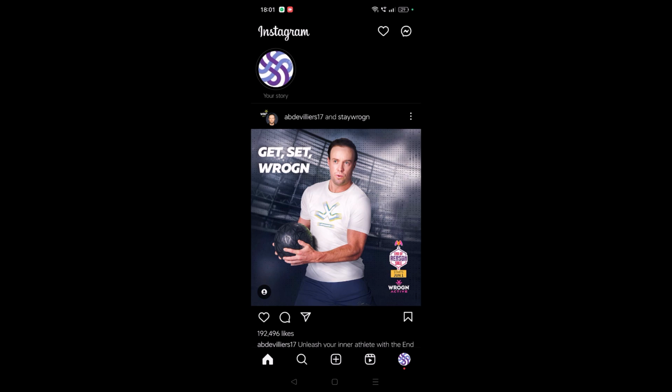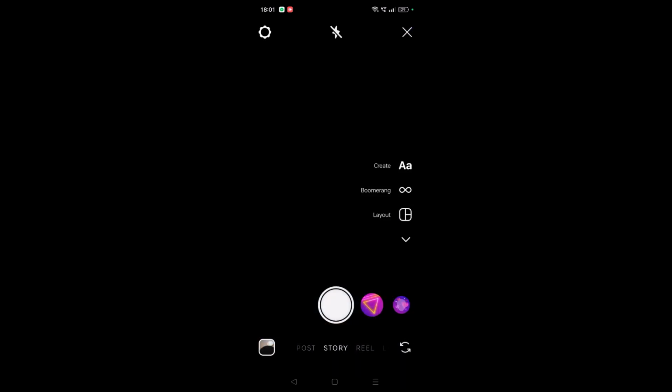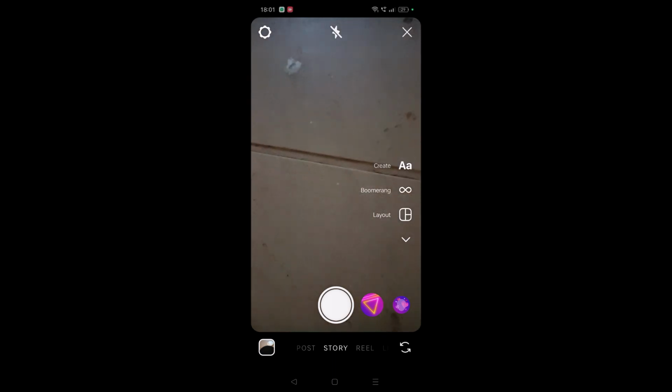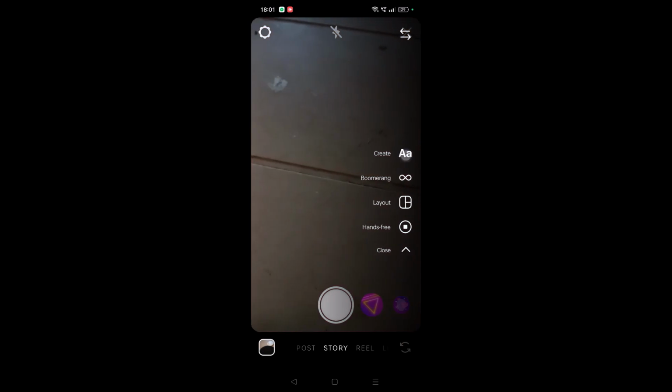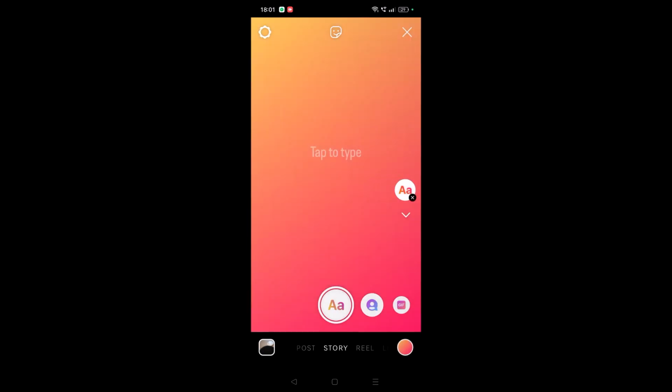So to do that, first of all, you need to click on this plus symbol to post an Instagram story. So I'm just clicking on this plus symbol and shifting to story. This is the story. Instead of taking a picture, you need to click on create. See here, the list will be there. You need to click on create. Once you click on create,